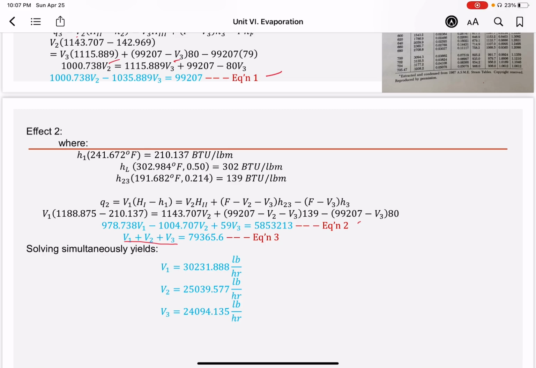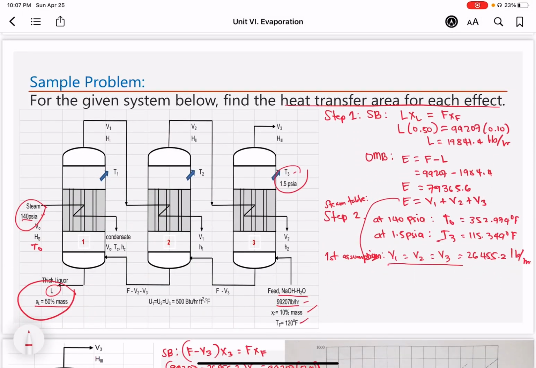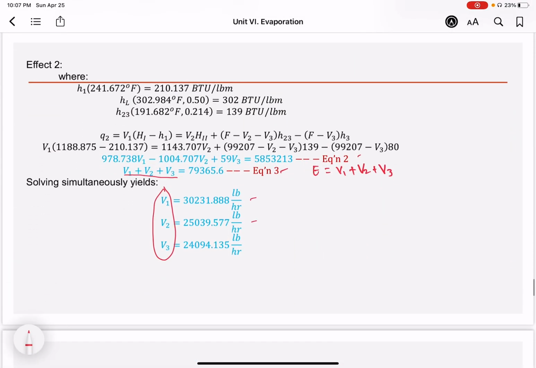And then that value, if you add, that is equivalent to your E, right? E is equal to V1 plus V2 plus V sub 3. Use that as your equation 3 to solve values for V1, V2, and V3. Why? For you to be able to check the assumption, the very first assumption that you have, that V1 is equal to V2 equals to V3. And obviously, they are not equal. So if they are not equal, the first time that you use these values to repeat